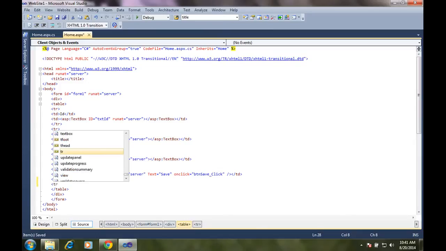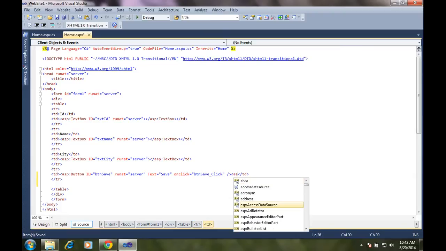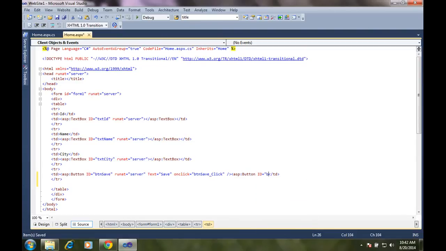Create an update button. You can give it on the next line or the same line, no problem. I will give it here only. ASP button, ID equal to btnUpdate, runat server, and here you have to give text Update.